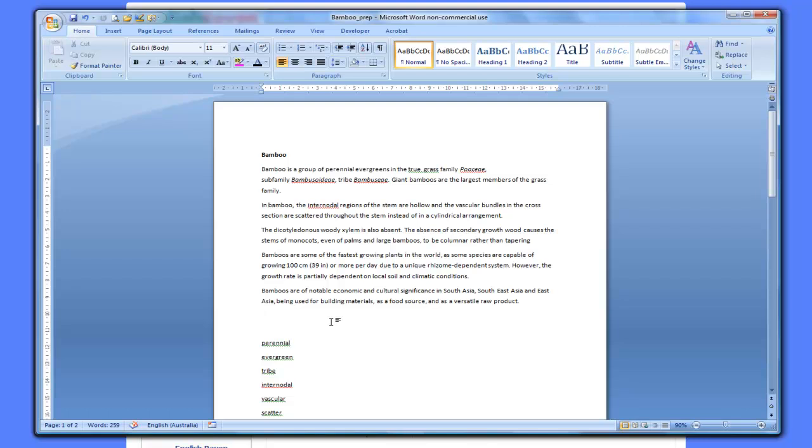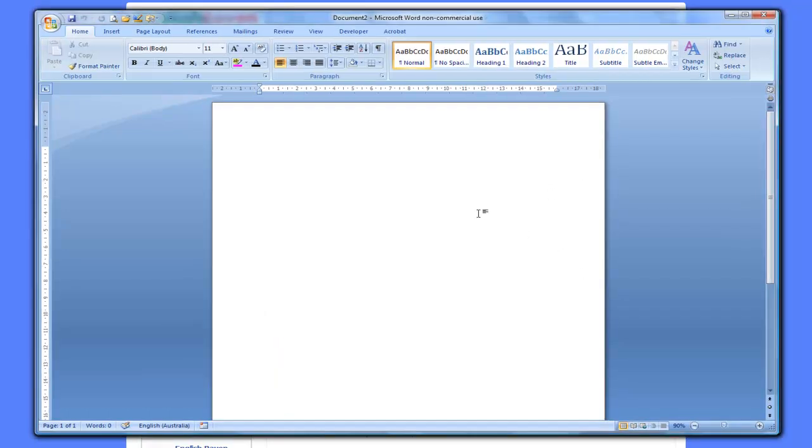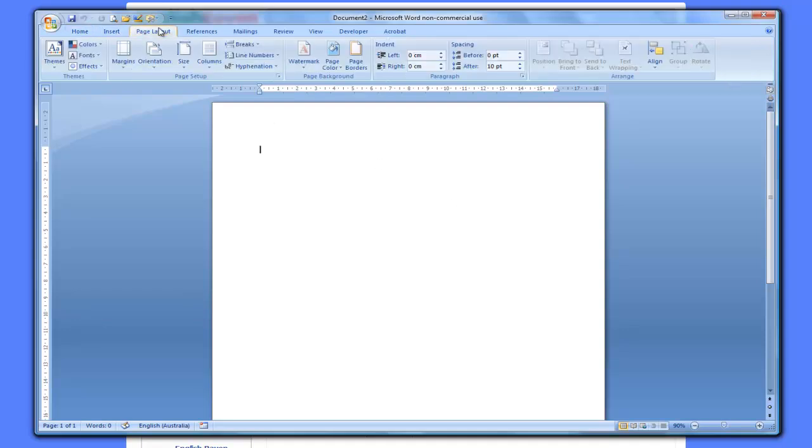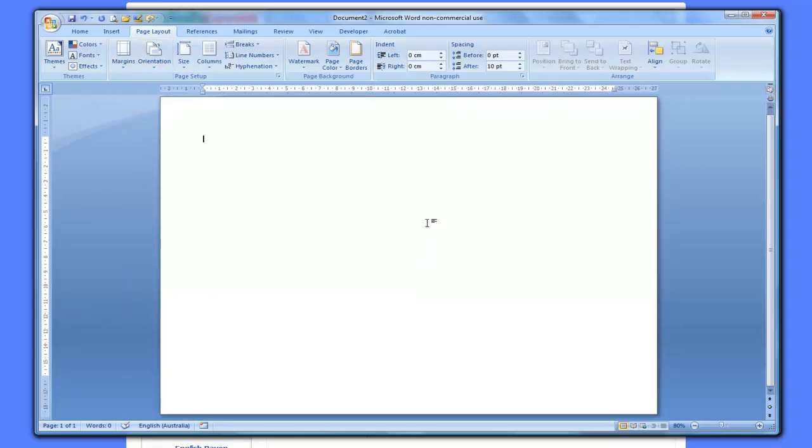Now we're going to try and look at how we can put this into a really cool format and make it super presentable for our learners. So I've got a blank document open here. I'm going to go to my page layout and change that to landscape and pull it into a more manageable size. Okay, now what we're looking for is